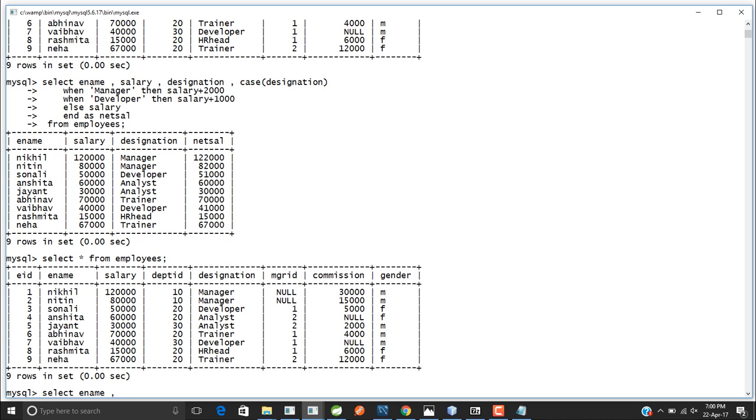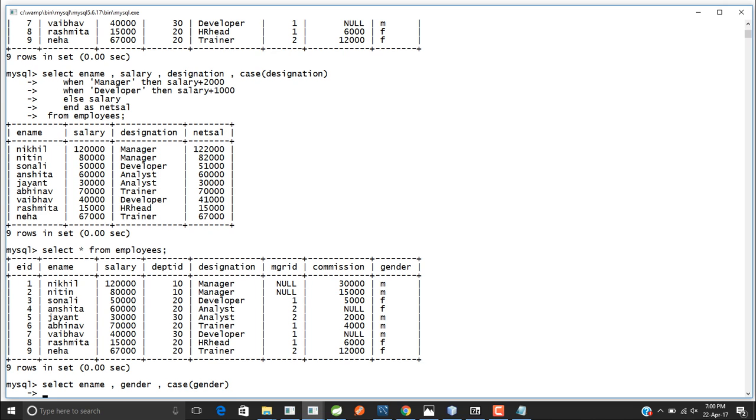Suppose I say ename comma gender comma case. What do I have to write case on? I have to write case on gender, because through gender I am deciding whether I have to prefix a name with Mr. or Mrs. If he is a male, then I have to prefix it by Mr., and if she is a female, then I have to prefix it by Mrs. Okay, case gender, when the gender is